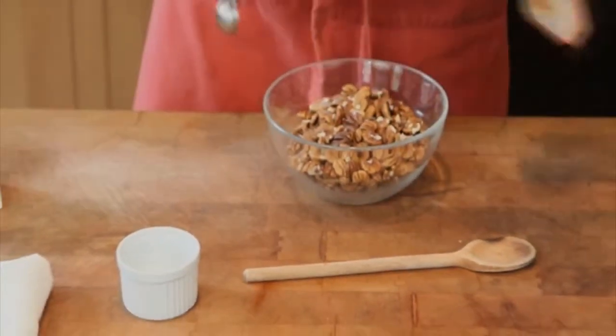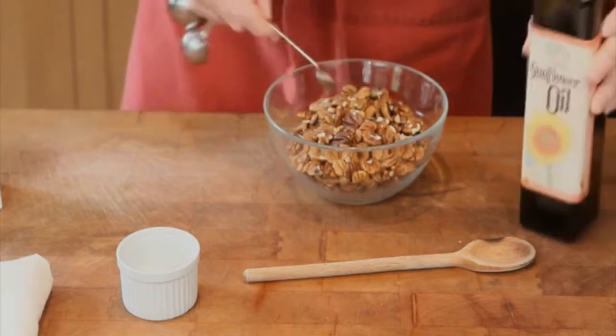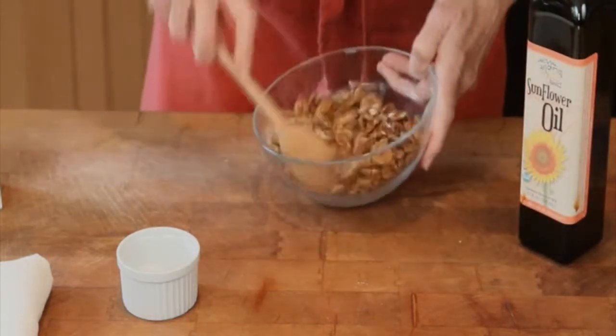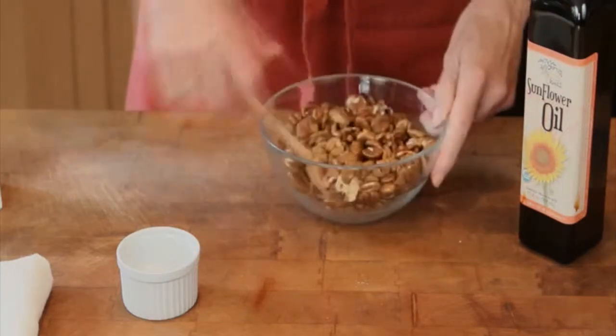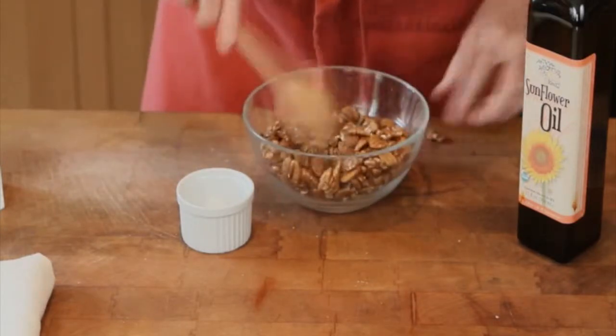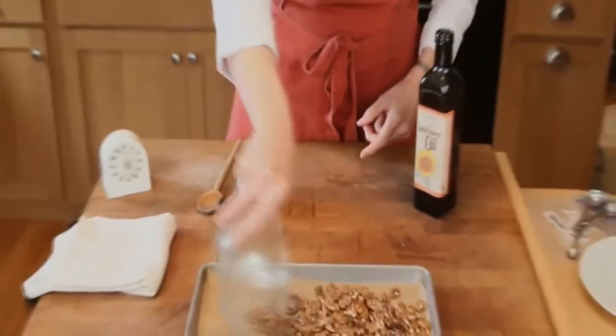This works out to about 1/4 teaspoon of oil and salt each for 2 cups of nuts. And then toss them through thoroughly to coat. To avoid losing any nuts, make sure your oven is completely preheated to 350. And use a very high quality cookie sheet, ideally one with a silicone liner, because this will help the nuts